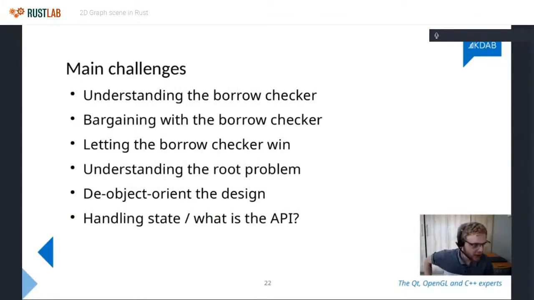Okay, so now I quickly want to talk about the main challenges I faced when I implemented this thing in Rust. The first 3 points are kind of a bit of a joke, right? So the first thing that I really struggled with is understanding the borrow checker. As I alluded to earlier, I fought with it a lot. Yeah, if you want to go into Rust, this is something you do need to understand.